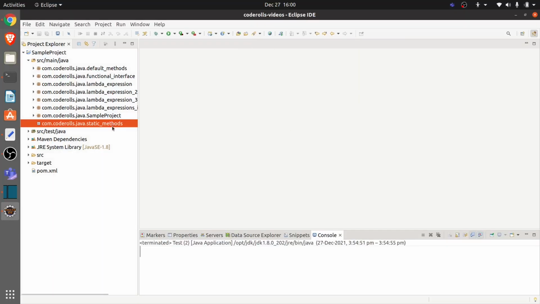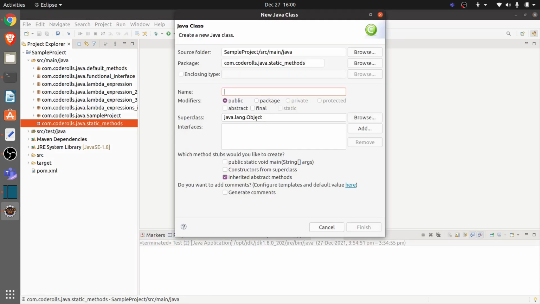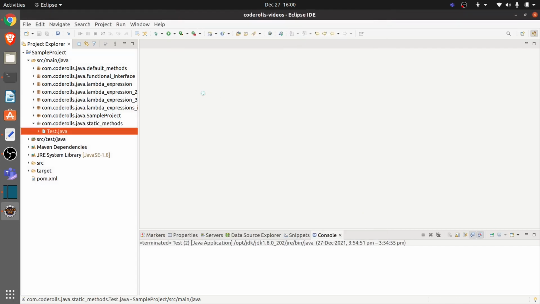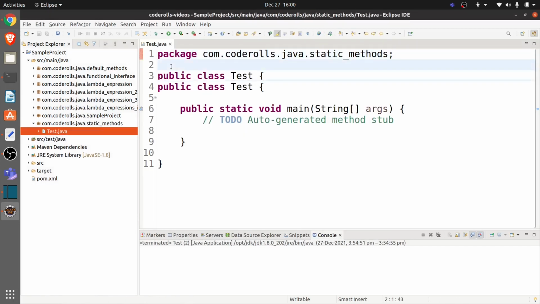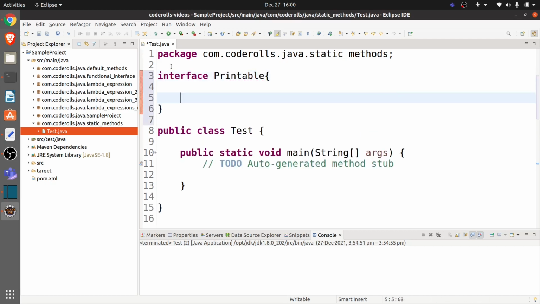Okay, so I will create one class. Let's say Test, and I will add the main method too. Okay, I will add an interface and let's say Printable. I will add one static method here. So how can we add a static method?